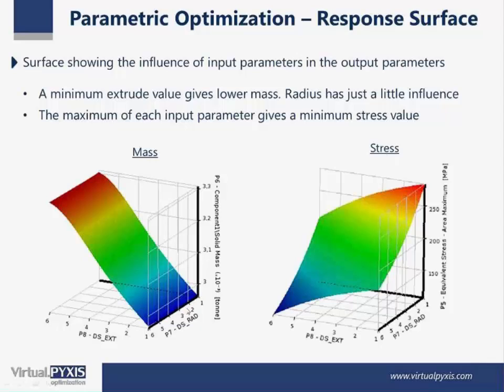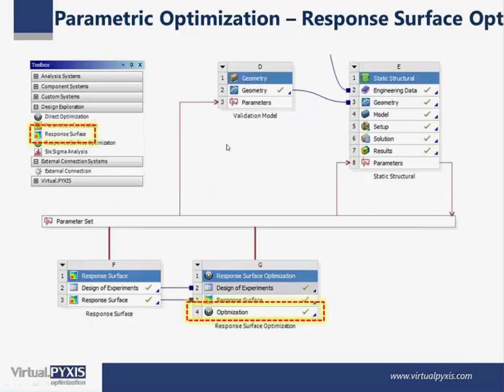For the mass, we see here that for the radius, you can vary from the beginning of the range to the end without having much influence on mass. But if you move the extrusion to this part, you get higher mass. So this result is telling you to use, as much as possible, minimal values for the extrusion. And optimization, in this case,